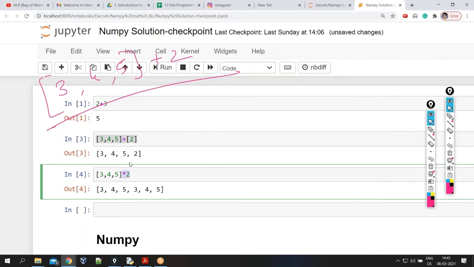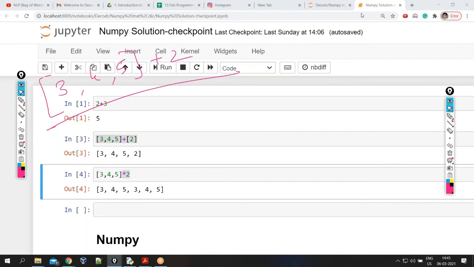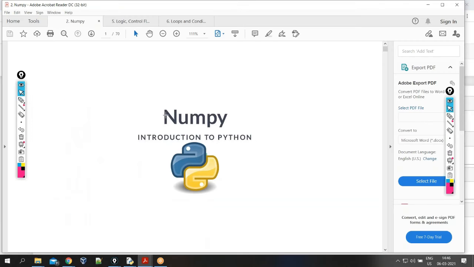So the point here is that we already have a data structure with us, that is the list, but that list is not capable of performing mathematical operations like addition, subtraction, multiplication. If you want to do that, you need to use a loop. Then you can take the elements one by one and multiply them, but that is very time consuming as well as resource consuming. So to rescue this, we have NumPy for us, that is numerical Python.